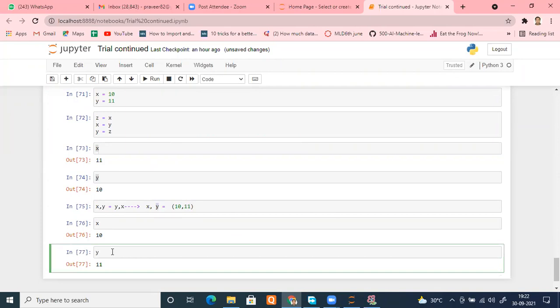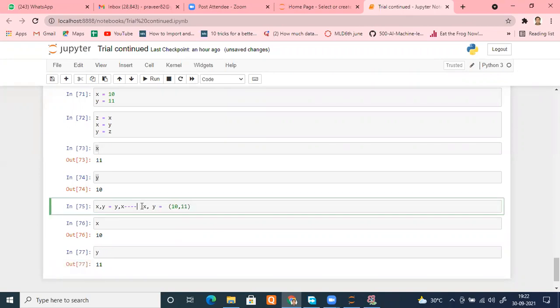Very good. I think it's Rama. Am I correct? Yes, sir. Very good. This is the concept which was required, because it is considering this x, y to be a tuple. So let me remove this, otherwise it will create confusion. This is nothing but your comment. Is it fine? Everyone, please tell me, did you get this concept or not? Yes, sir.